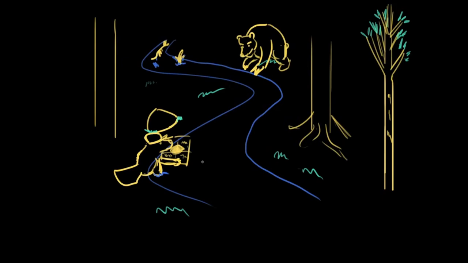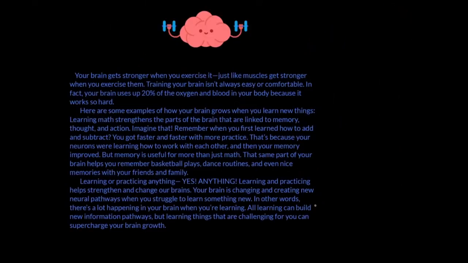Can you give me a more complicated example? I would love to. Why don't we take a look at this text about brain growth? So here's a passage about training your brain. I'm going to read it, I'm going to make notes, and then I'm going to summarize each paragraph. And then I'll take all those summaries, put them together, and that'll help us come up with a main idea. So, here we go.